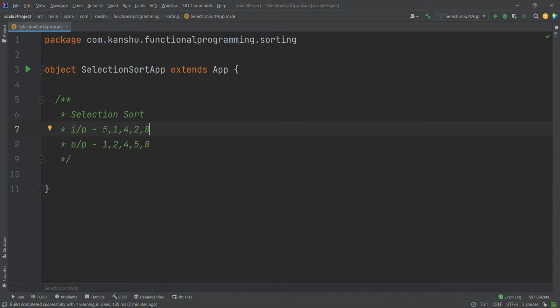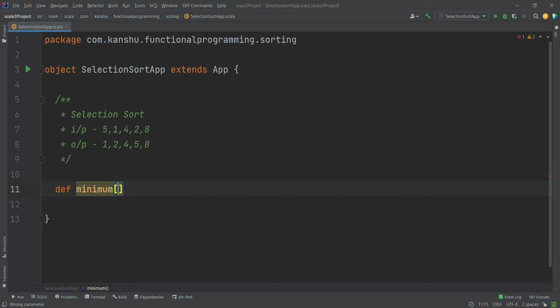Now, as we saw in part 1, selection sort has one feature where it divides the entire sequence into sorted and unsorted lists, and it finds the minimum from the unsorted and compares with the last element of the sorted and swaps if it is not the minimum. So let's implement the